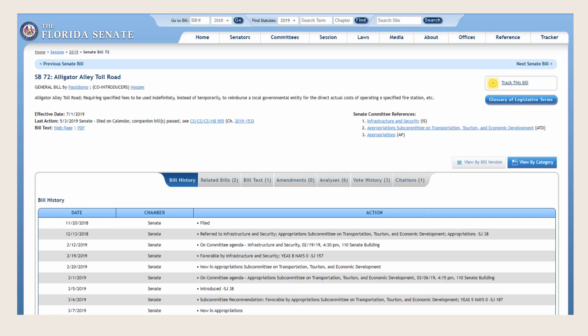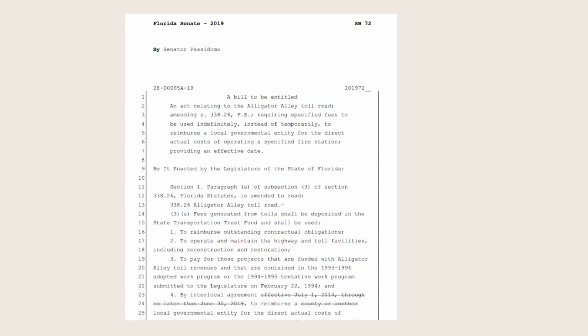So once you find a bill and you click on it, it provides you with things like the bill history, the related bills, bill text, staff analysis, vote history. So these are the important things you want to look through to get an idea of what was going on when it was passed. So the bill text is literally just the language of the bill that they were looking